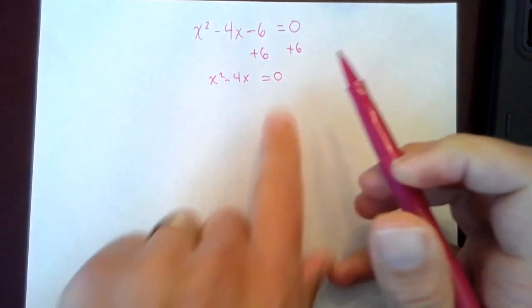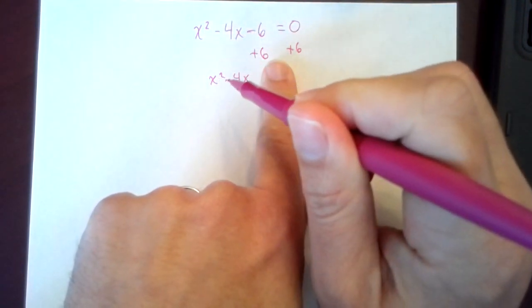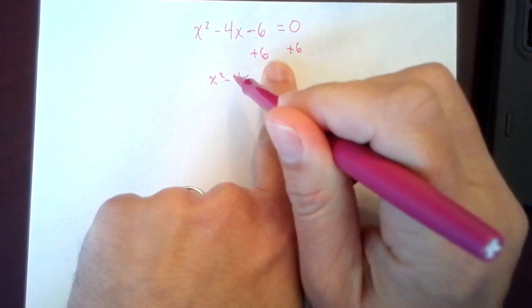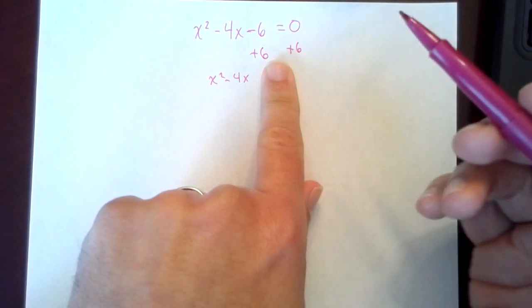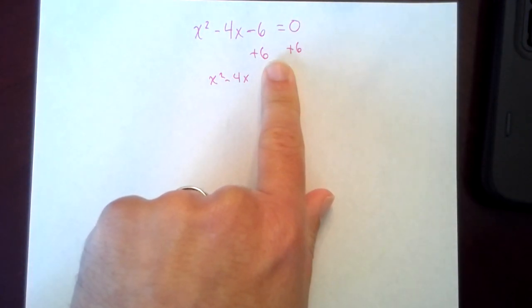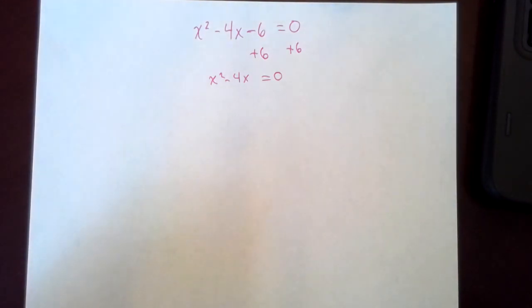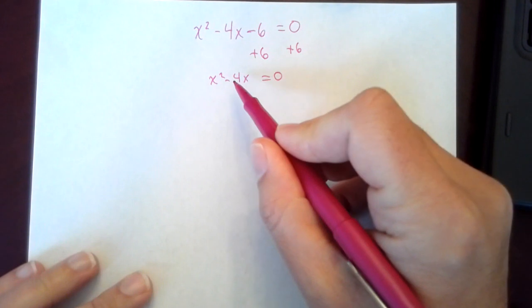Okay, so now if you look, if I cover this up, this is what we've been working with. We've completed the square. All right, I want to turn this left side into a perfect square trinomial. The reason being, if I have something that's a perfect square, I can take the square root of it. All right, step 2 now is I want to find my c value that will turn this into a perfect